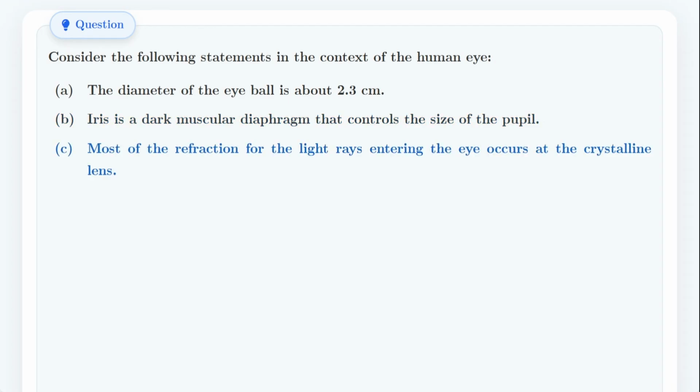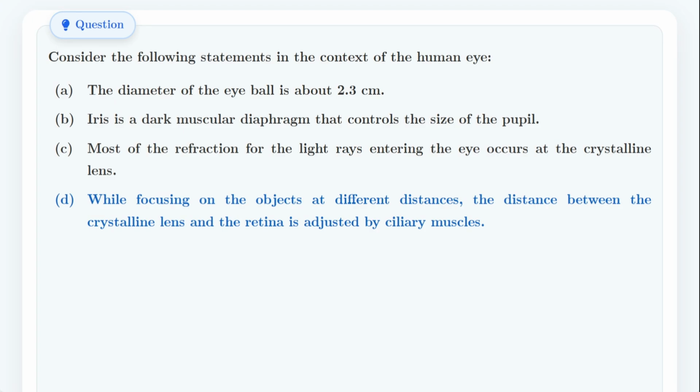Statement C. Most of the refraction for the light rays entering the eye occurs at the crystalline lens. Statement D. While focusing on the objects at different distances, the distance between the crystalline lens and the retina is adjusted by ciliary muscles. The correct statements are